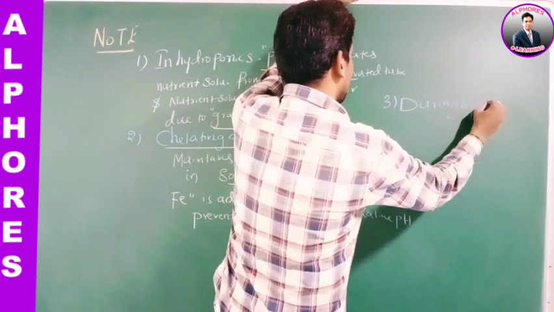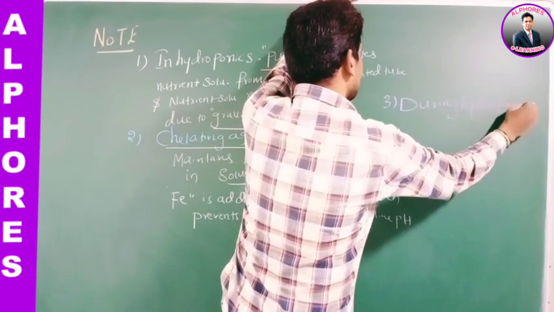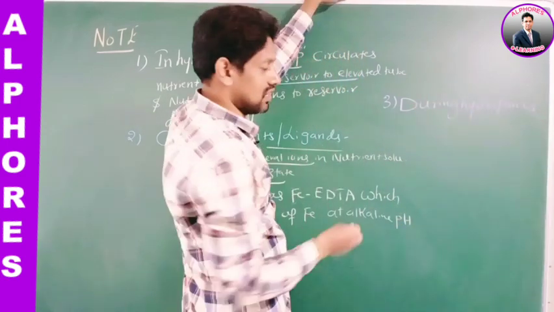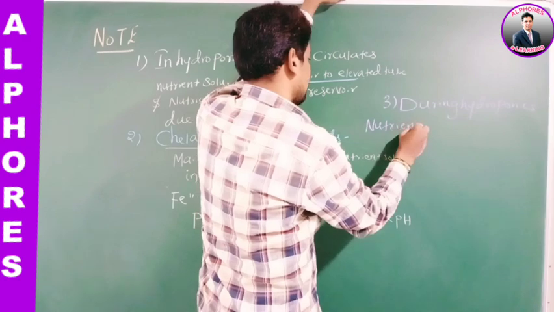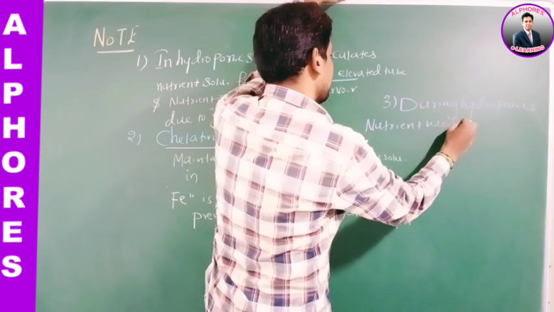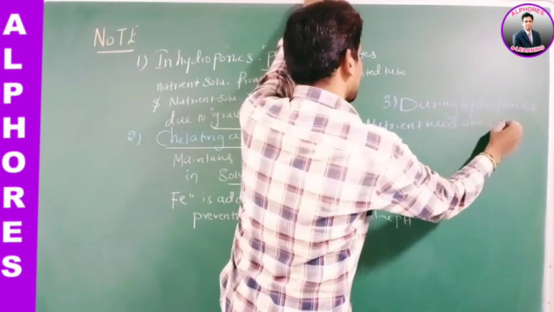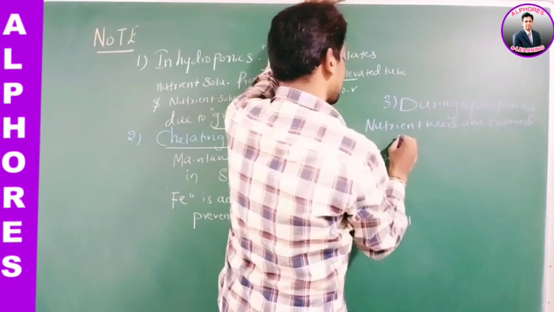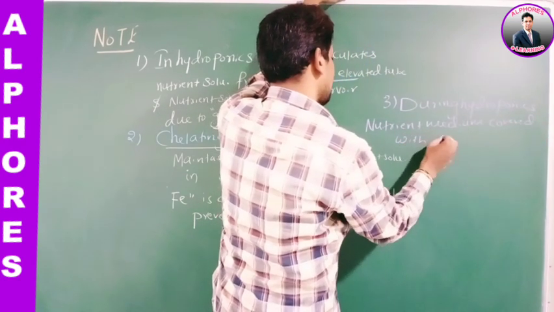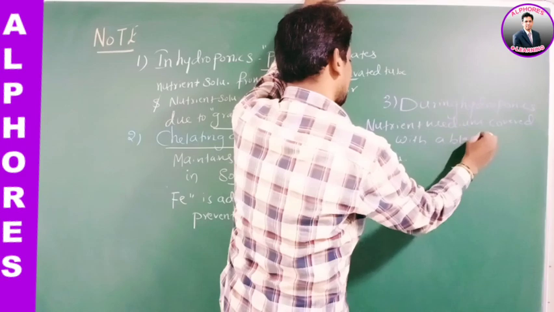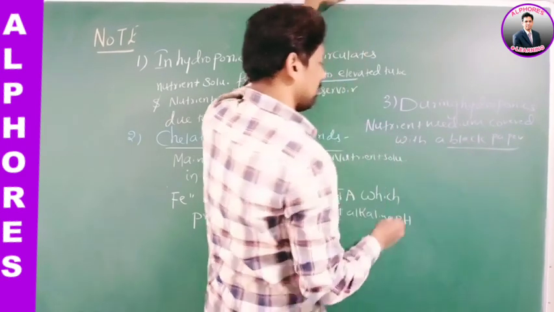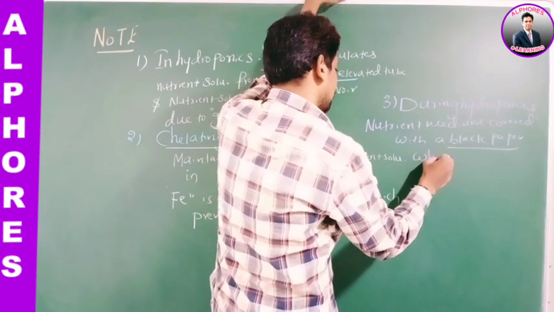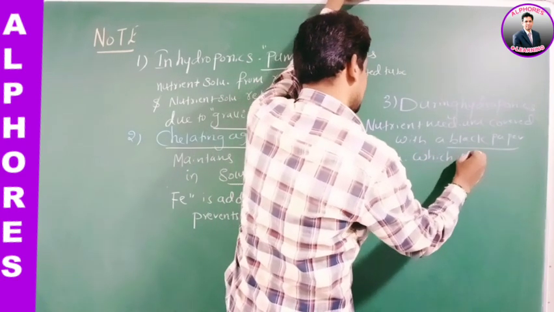Therefore, during hydroponics, the nutrient medium is covered with a black paper, which minimizes